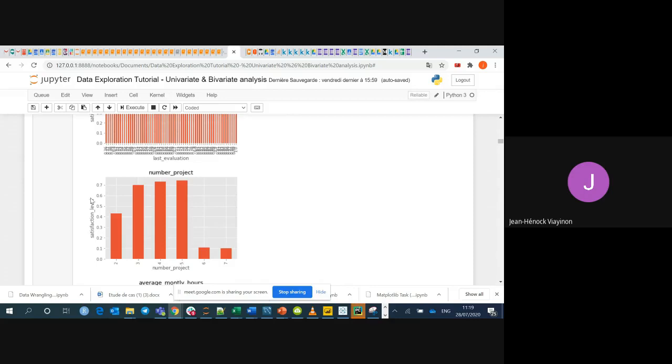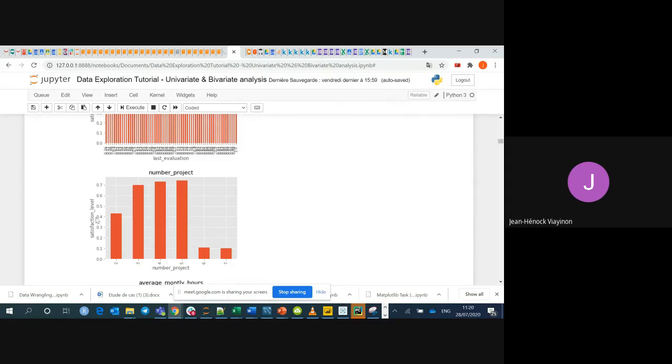In this data set, I think that the satisfaction level of the employee will highly determine whether this employee is going to churn, to leave the company, or not. So we can have a prior hypothesis: if you are not satisfied, you are more likely to leave the company. But we are going to see now if that is true.